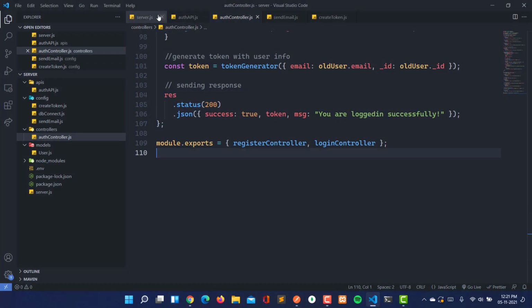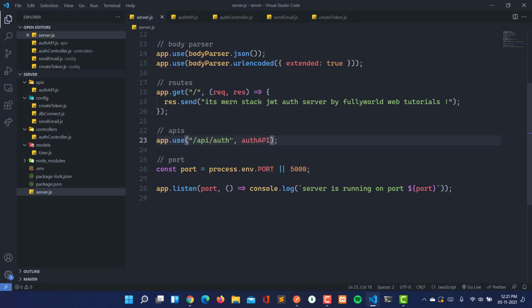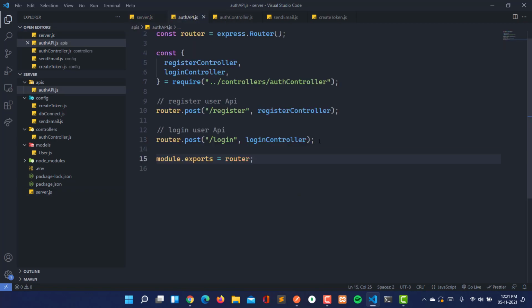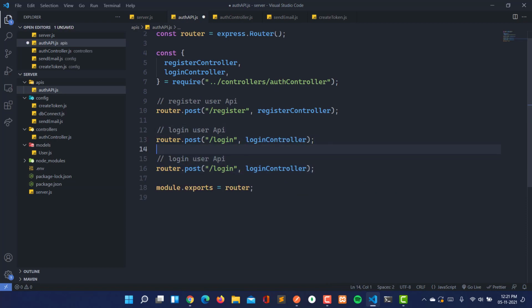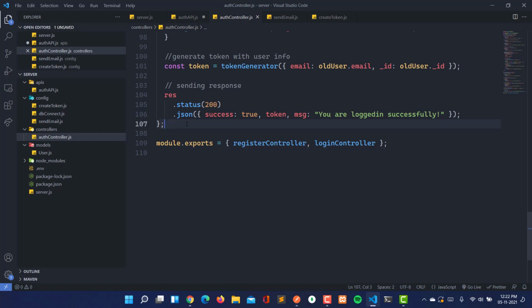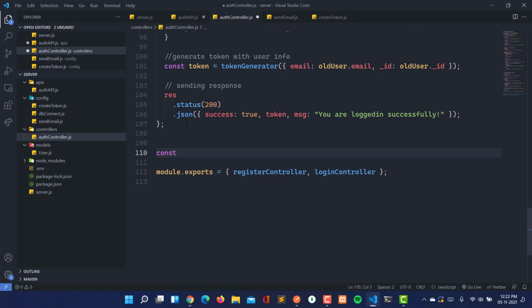So first of all, let's set up the API here. In the server we have the auth API, as forgot password will be part of authentication only, so we are going to create it under the auth API. Here we will create the route for forgot password, and that will be the post route, because we have to send the email address also. So here will be forgot password, and I'm also going to write forgot password API, and here we have to create a controller.